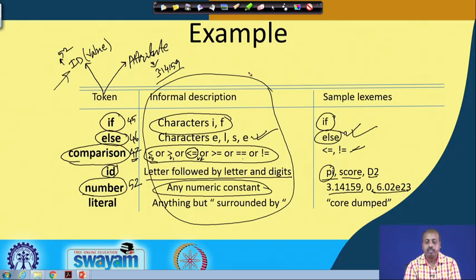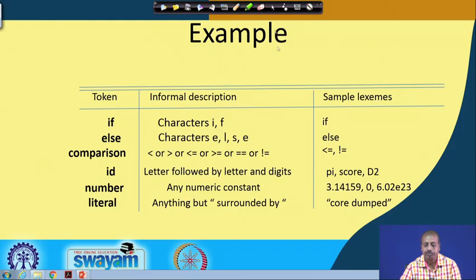Once that is done, for the language I can define a set of rules that can guide which lexemes are valid. Now, the lexical analysis tool will scan the input file and identify the lexemes occurring in the program, and accordingly it will return the corresponding token to the parsing phase. So this is how this whole thing will work.